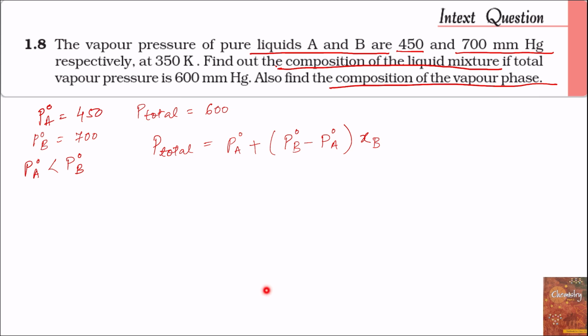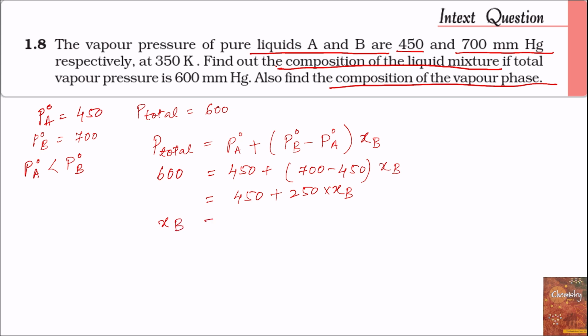Putting the value, total vapor pressure is 600 millimeter of mercury, vapor pressure of pure A is 450 plus B is 700 minus 450 multiplied by mole fraction of B, and this is equal to 450 plus 250 multiplied by mole fraction of B. Solving, mole fraction of B is equal to 3 by 5, which is equal to 0.6,